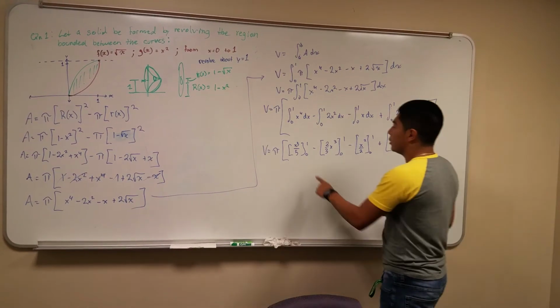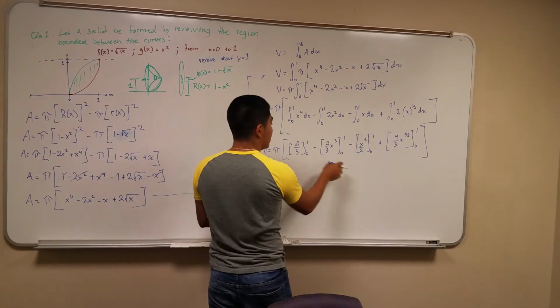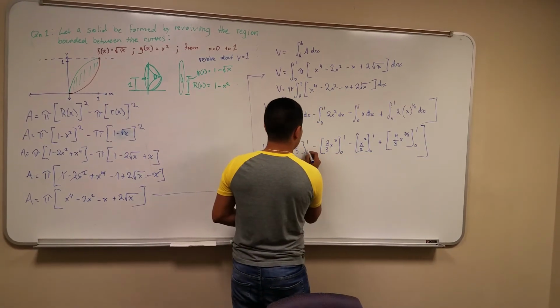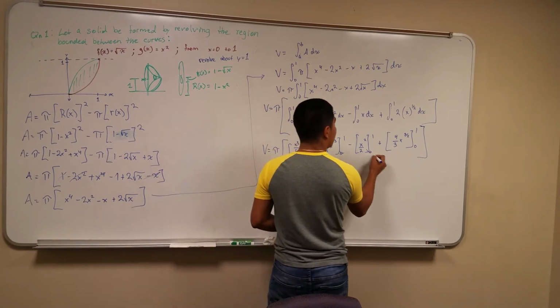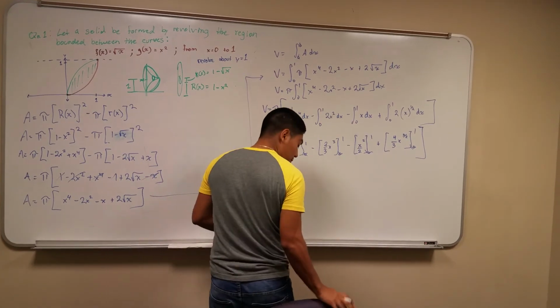And since we know that 0 times anything is basically 0, we can just neglect the lower limits, and what we will get